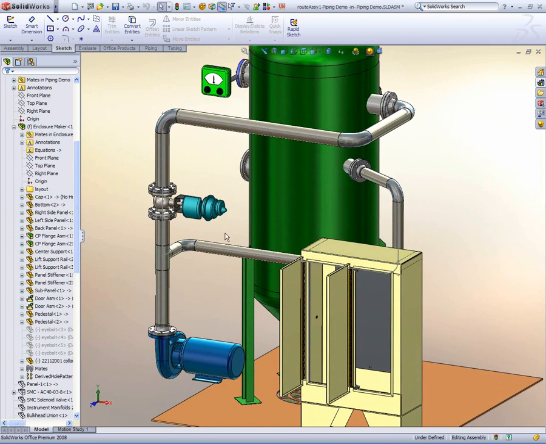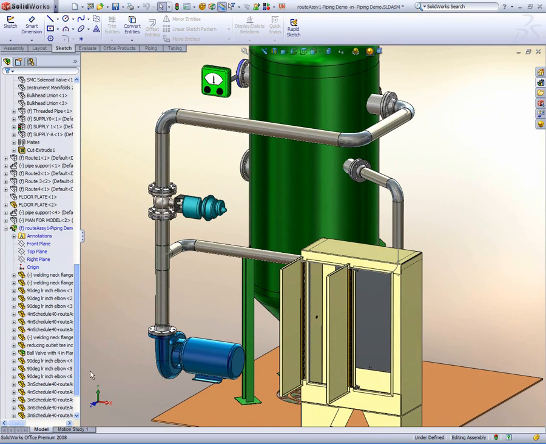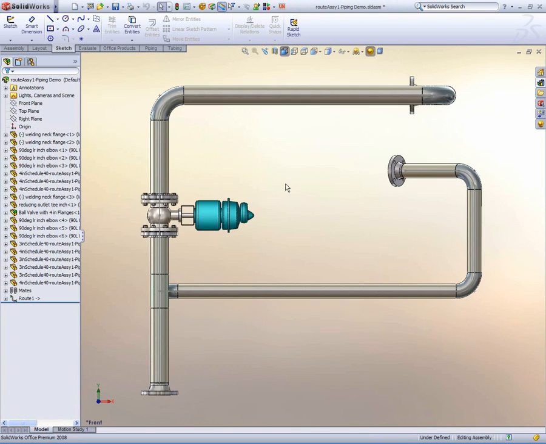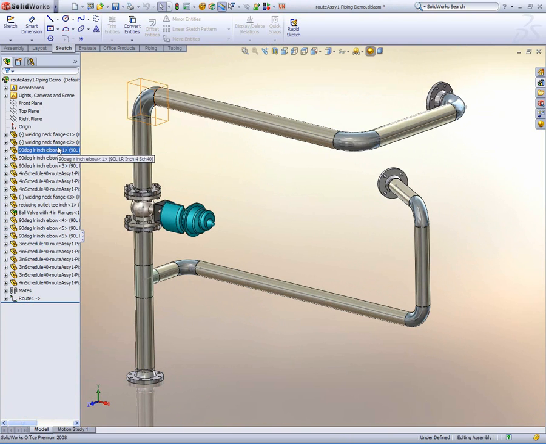Let's take a closer look at our pipe spool. We're going to open it up in its own window. You can see that this is a subassembly that has many components. There's actually 20 components that we've added to this assembly simply by dragging and dropping flanges and placing various components